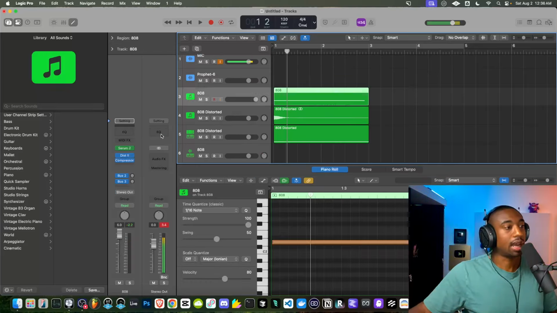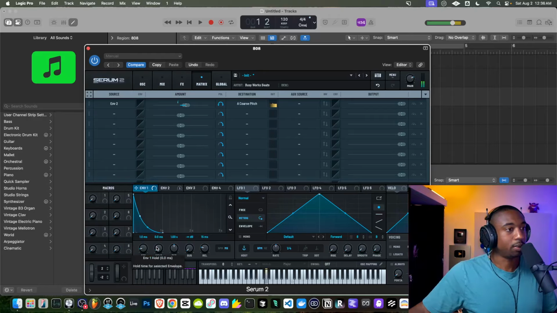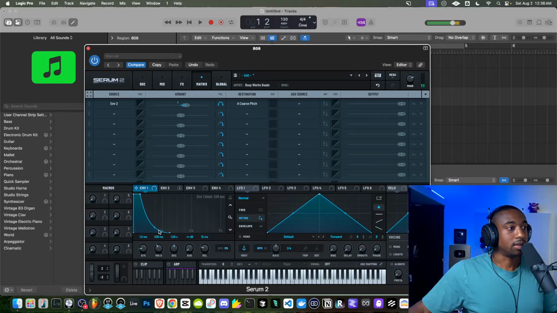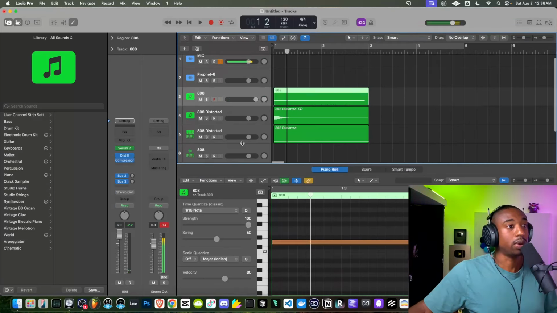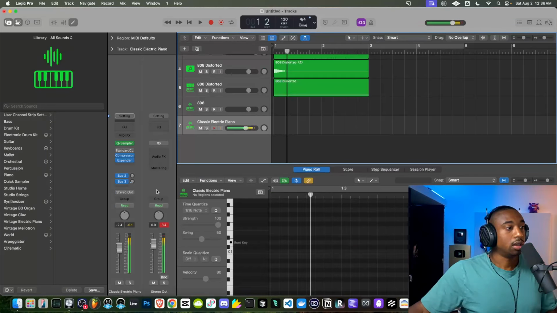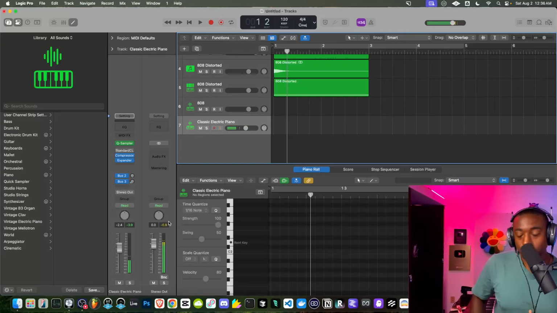And this can happen at the source. We can go inside of Serum and just turn off the whole parameter, for example, make it more of a decay curvature. There's a lot of reasons why. I don't want to bore you guys to tears. But I'm just showing you guys the process of how to actually create an 808 that sounds like a radio-ready 808. A lot of steps involved here. So it's not the funnest thing to do every single track.